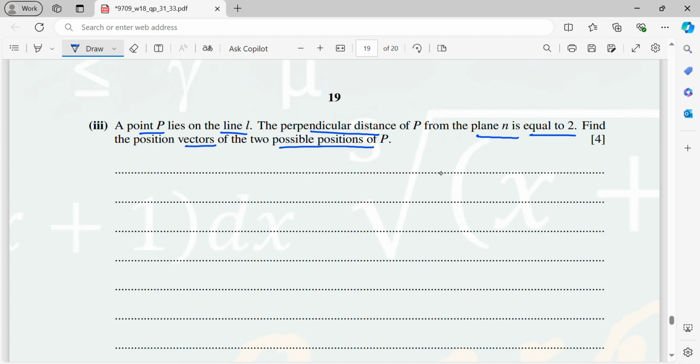Okay, let's say this is a plane N. Okay, this is the L. Here is the P. The perpendicular distance here is 2. So now you need to find 2 positions of P, two position vectors of the P. So that means now, since P lies on L,